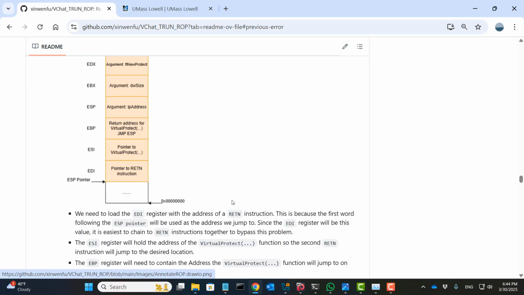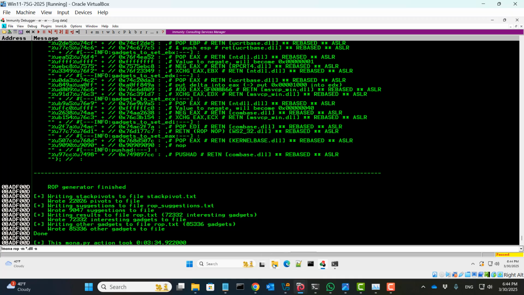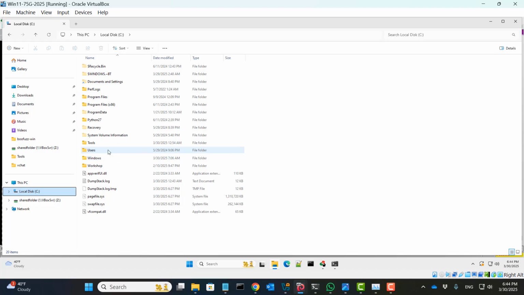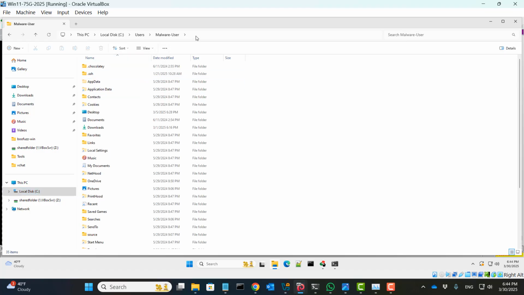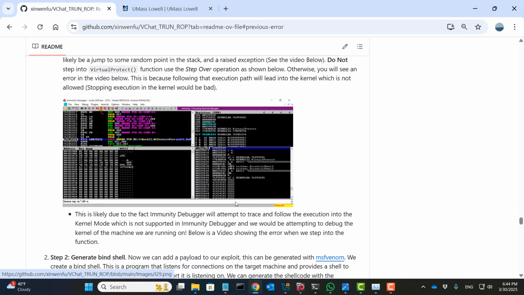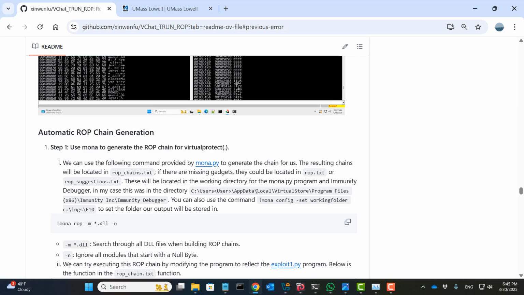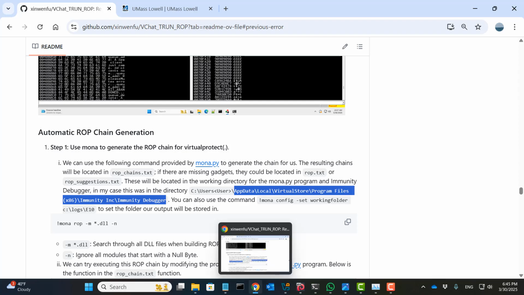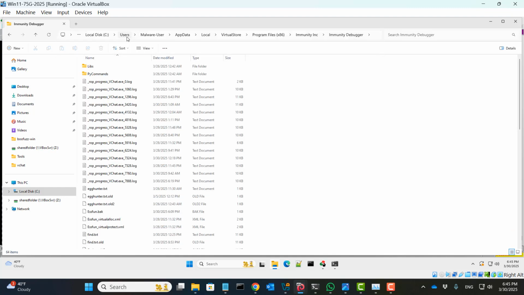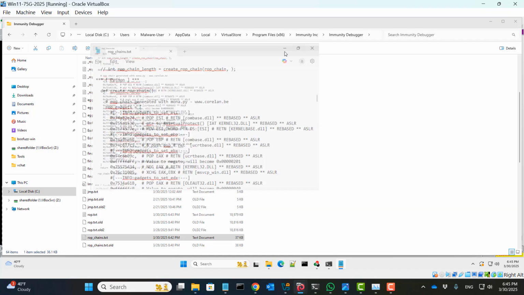Okay. So I think our ROP chain is ready. So it's here. Actually, all the data is saved in the folder here. Okay, so actually, I put the folder path here. And so it's here. And we want to actually find